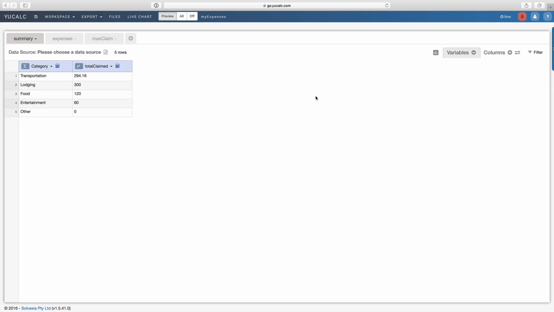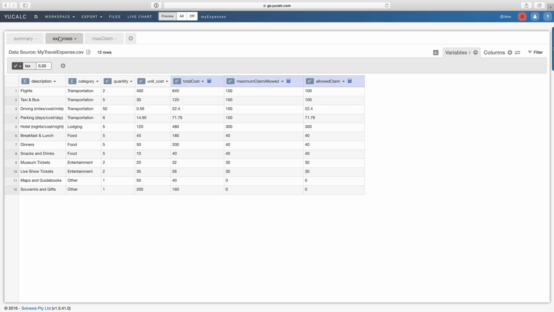In this video, we'll be showing you a really simple example that captures travel expenses. The end result will be a summary of the unique types of categories of expense and the total amount being claimed against each category. In order to do that, we'll create an expenses model where we'll load a CSV file